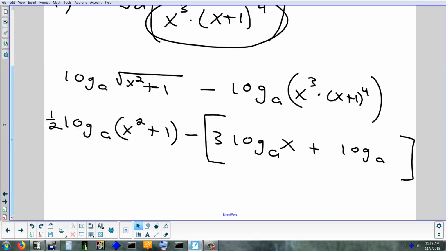Now, my next argument would be x plus 1 to the 4th. What can I do with the 4? Yeah. Put it in front. Keep the parentheses around x plus 1, because if you do that, I would look at that and say you're taking the log of x, and then you're going to add 1 later. That's not what you want. You want the log of that whole thing. Okay? And that's it. That's splitting it apart. Okay, we'll do 1 or 2 combining. I think combining is easier because at each step it gets shorter and shorter, versus splitting it, it gets bigger